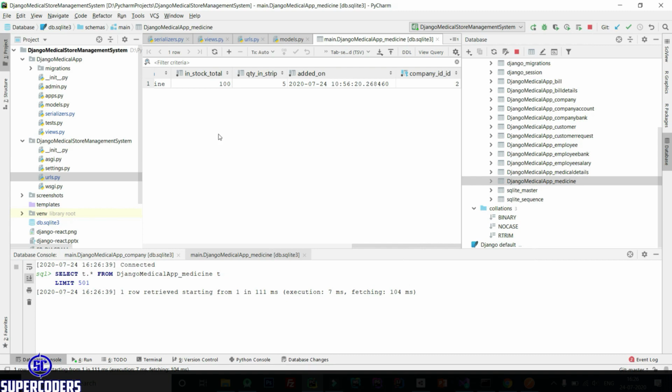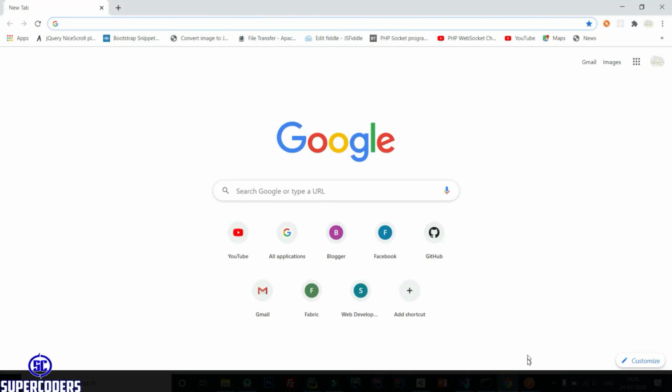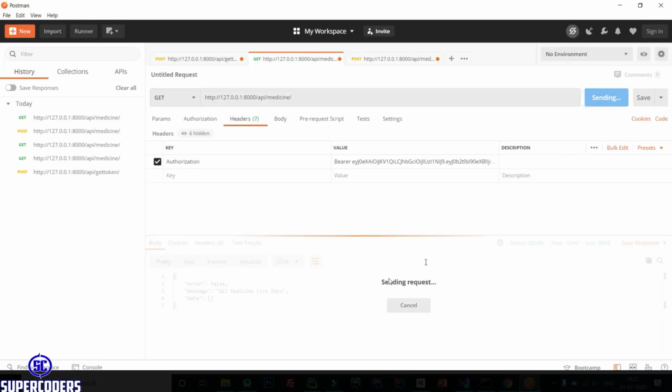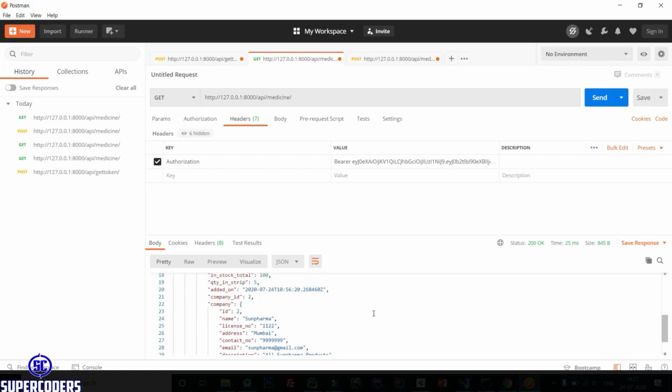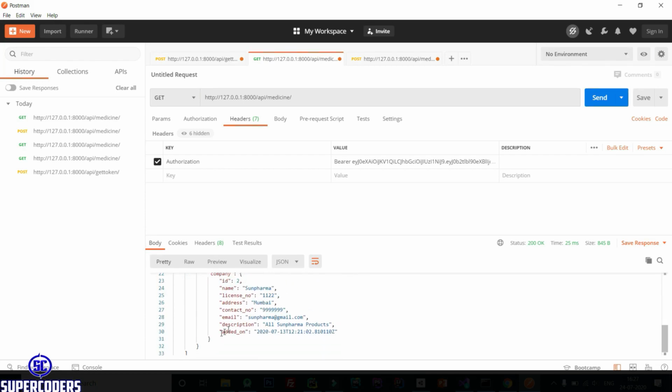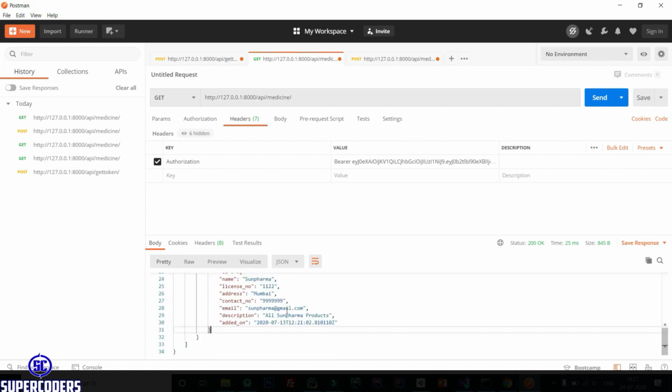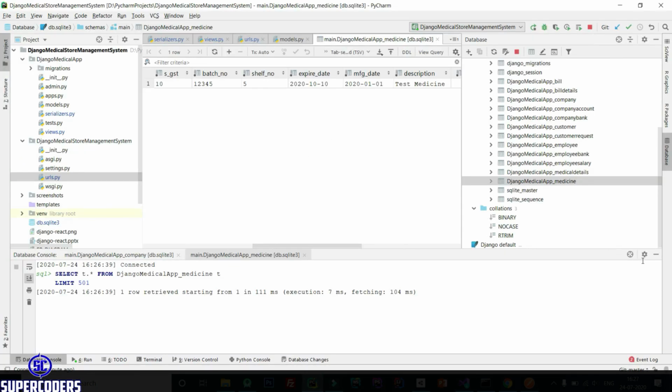So it's good, it's working. Now let's try to fetch the data again. So again calling the URL, and you can see it returned data and also returned the company details in the API. So it's working now. In this way you can create other API endpoints.